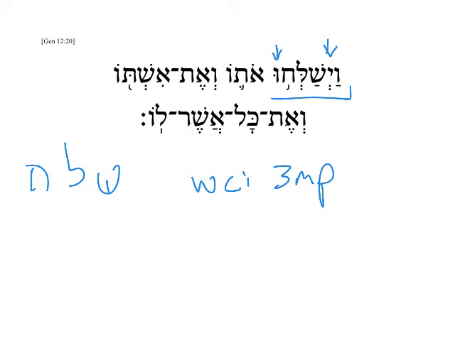Now, what stem is it? Well, in this case, we have the shva under the prefix pronoun, so that we know that this is Piel. And so we want to translate this a little more strongly than we would if it were a kal. So we'd say Pharaoh's attendants, and they expelled him, Abraham, because they're frustrated because of the plagues that were brought onto them because of him lying about his wife being his sister.